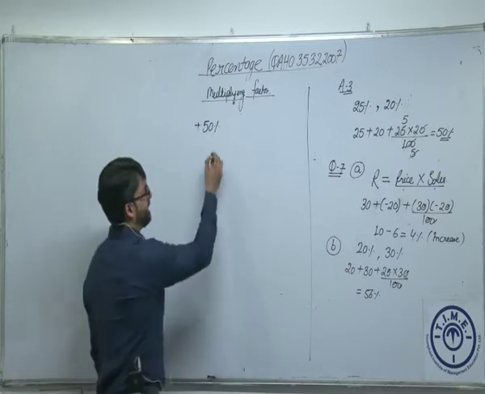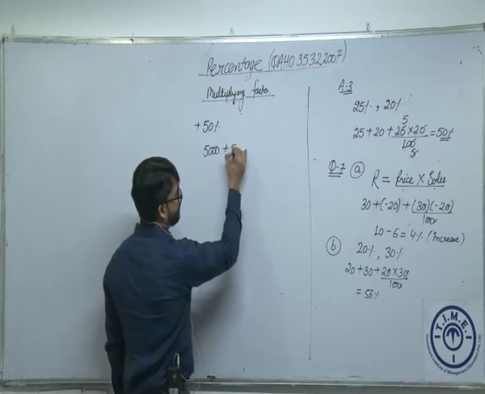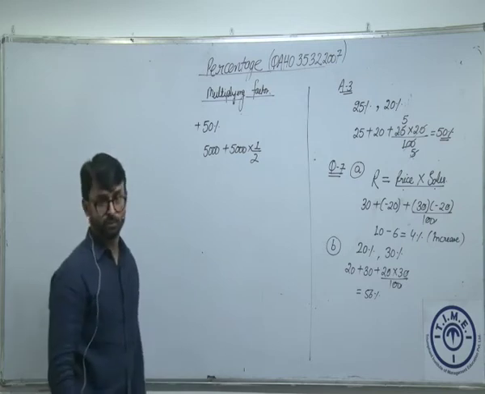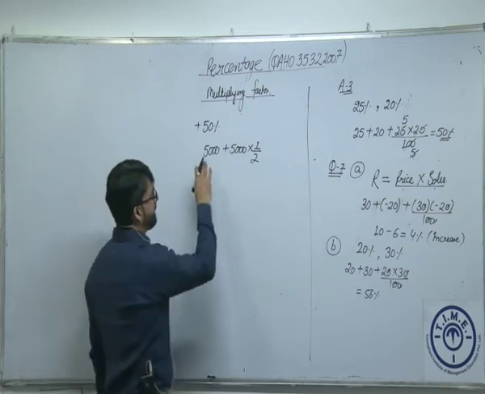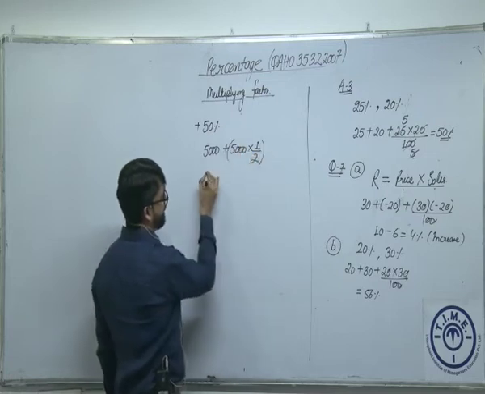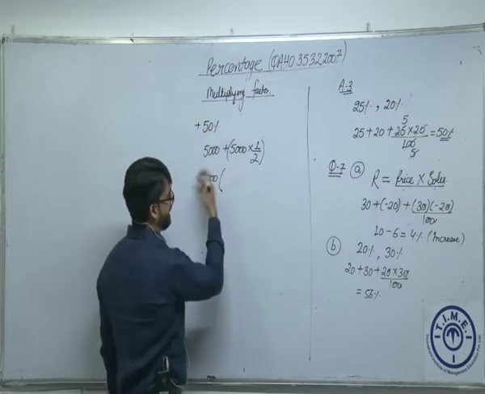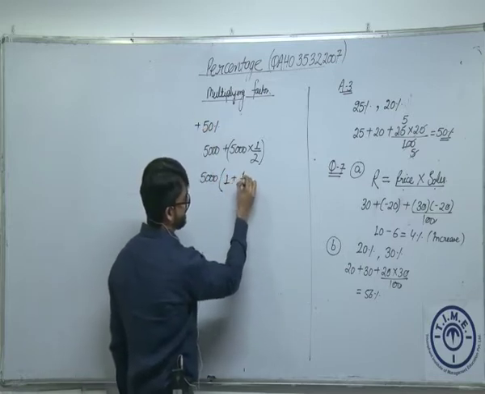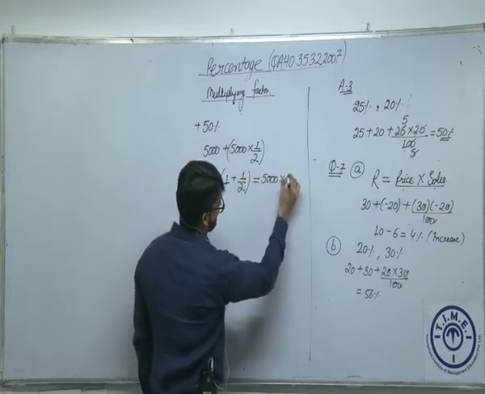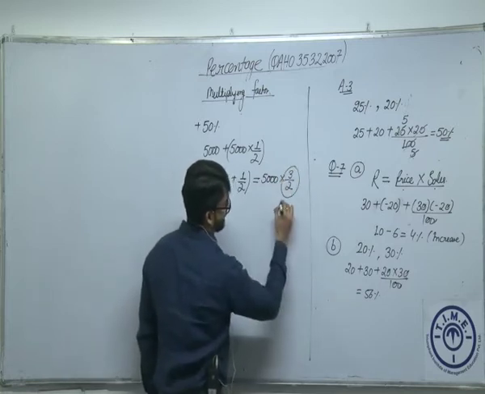Fine. Let's say आपका सैलरी शुरुआत में 5,000 रुपये था, तो 5,000 तो हो गया, और 5,000 का कितना परसेंट बढ़ेगा? 50%, which we already know is 1/2. Am I right? Now 50% of 5,000, which is 1/2 of 5,000, we can easily calculate. Or we can use this in other terms: 5,000 I can take common. This is 1 plus 1/2, which is equal to 5,000 into 3/2. This is my multiplying factor.